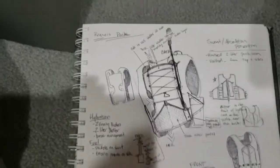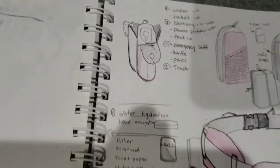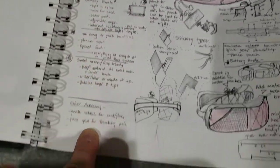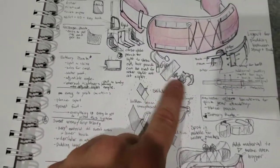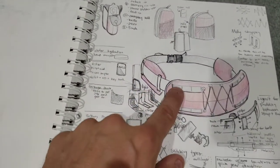So let me show you this a little better, because I want to show you my other drawing. So originally I had wanted to do a running vest. Let's see if I can find where I put that. So right here. Or a running belt. So I had an old pack that I had taken apart that I was going to use, and I was actually going to run my bladder sideways. And this is where I originally wrote out all the things that I would need to carry with me, and I started designing a few ideas and figuring out how I'd want to stitch things and how I'd want my camera mount and where I'd want to put that in the pack, and I wanted to be able to have other pouches that were removable. I was looking at a MOLLE strap system